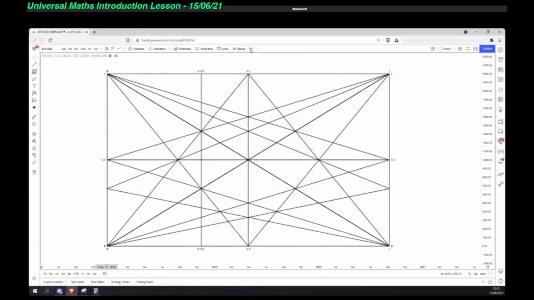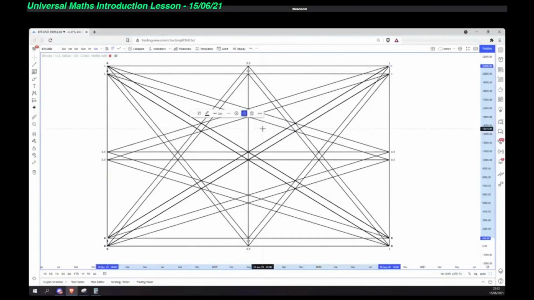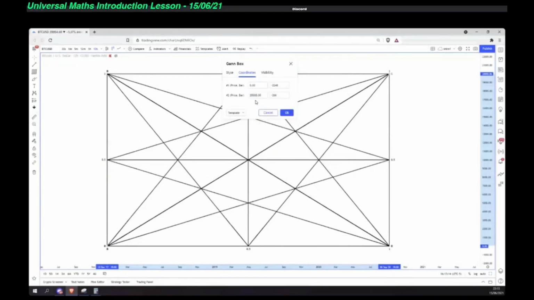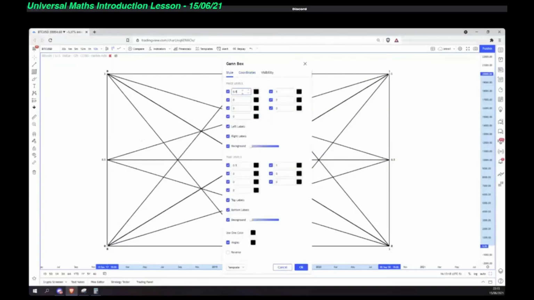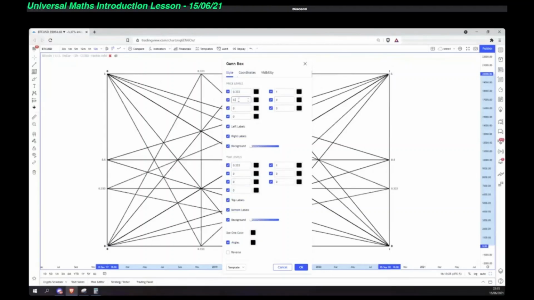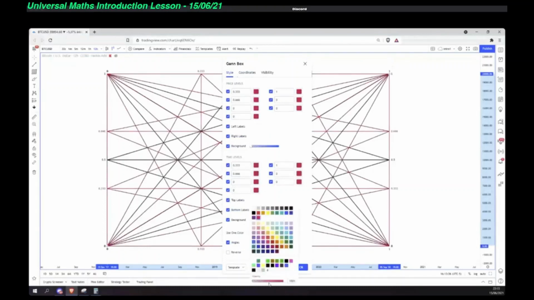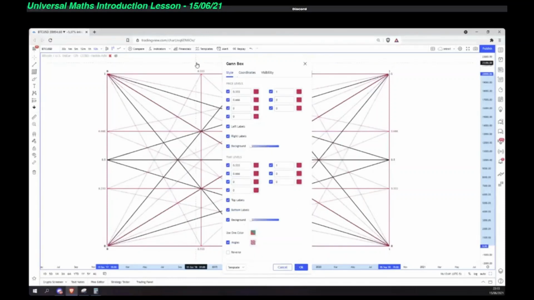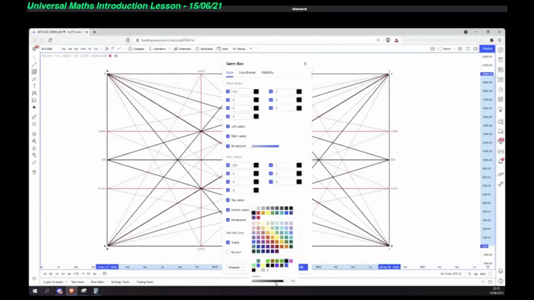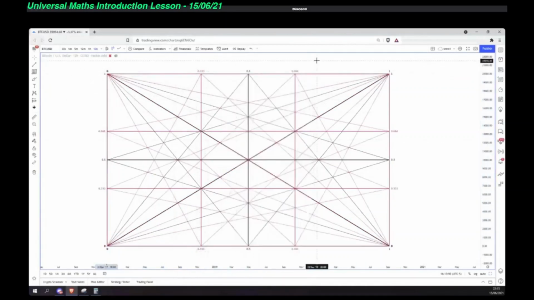So what I can do, okay, what I've got is the standard 0.5 box, which I showed, and I've identified this .333 X here,